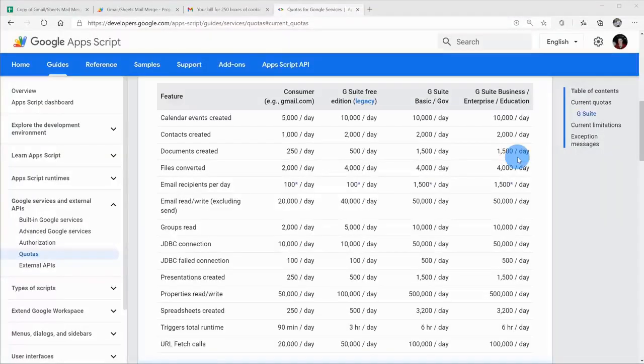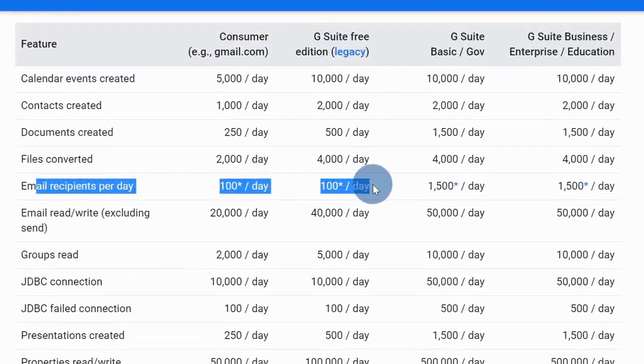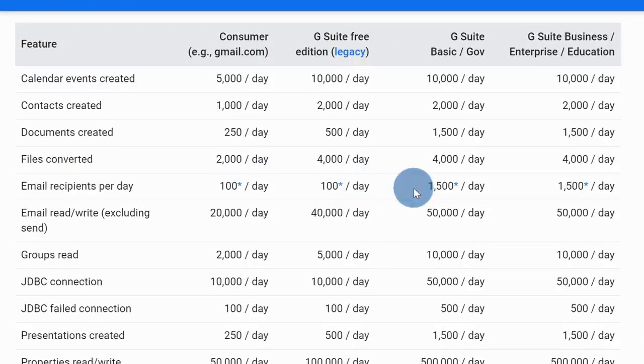With this mail merge, you might be wondering, well, how many emails can I send per day? And there are some limits in place. With a consumer or a free account, you can send out emails to up to 100 per day. With a G Suite account, so this is a paid account, you could increase that limit up to 1,500 per day. So there are some limits in place, so you can't send out 40 or 50,000 emails per day, but if you're sending out that many emails, you're probably using a more professional mail merge solution. But once again, for personal use or maybe an education environment or a small business, this mail merge solution